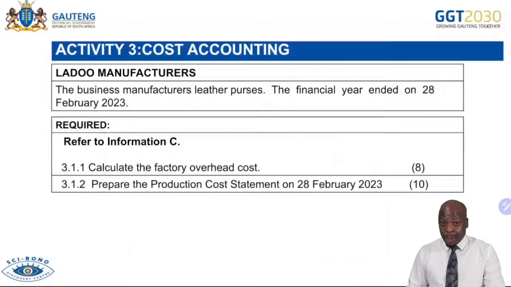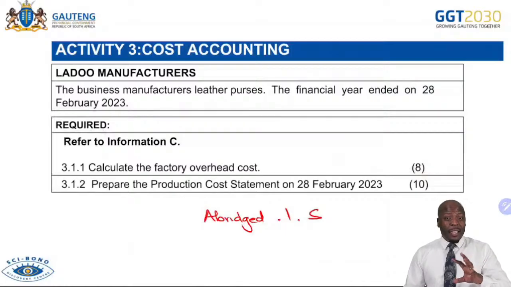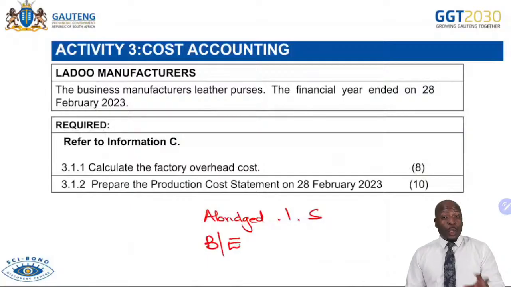I also need to remind you of what is known as the abridged income statement. You remember the abridged income statement. Okay, in the final revision notes that we've received, I think you would find some of these aspects highlighted in there. So remember your abridged income statement. Of great importance is your break-even calculations and commenting. So I just want to remind you of certain things before I get into the calculations here.